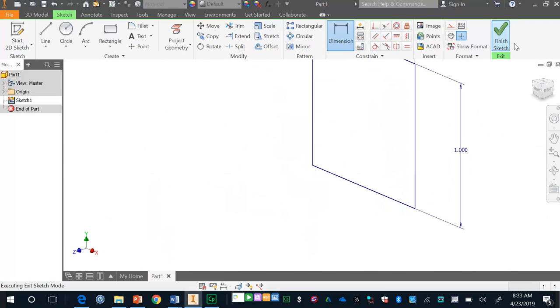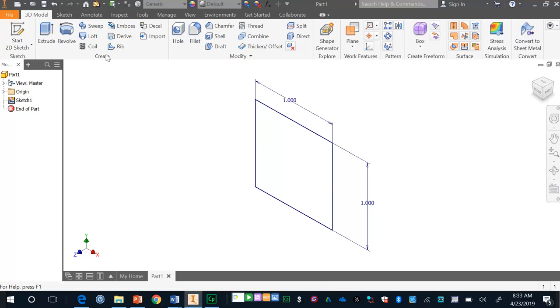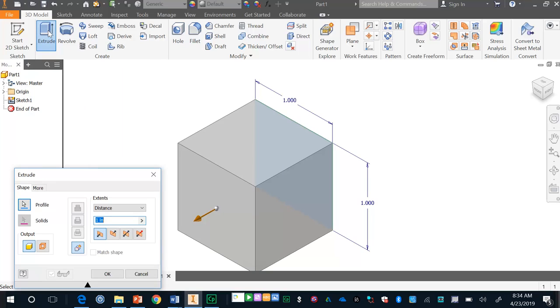I'm going to hit Finish Sketch, which is in the upper right-hand corner. And now I'm going to the Create panel, which is right here. You'll notice that I have Extrude. I'm going to select that. Now, the computer automatically noticed that I had a sketch available and already chose it and extruded it out. Because my other dimensions were 1 inch, it preset the distance to 1 inch,